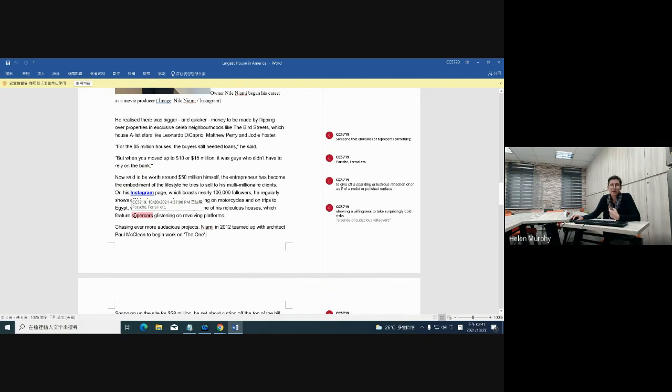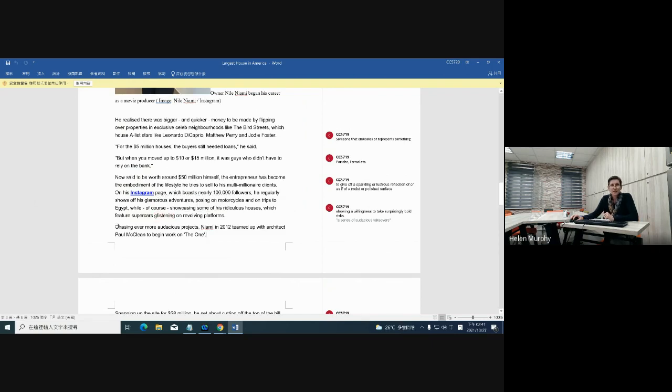Supercars, we talk about luxury cars such as Porsches, Ferraris, etc. Okay, and they are glistening on revolving platforms. So a revolving platform is one that's going around like in maybe a car showroom. And if it's glistening, it means it's sparkling, it's very polished. Okay, you could see in the mega mansion, many of the walls and floors, the surfaces were glistening because they were very lustrous, very sparkling.